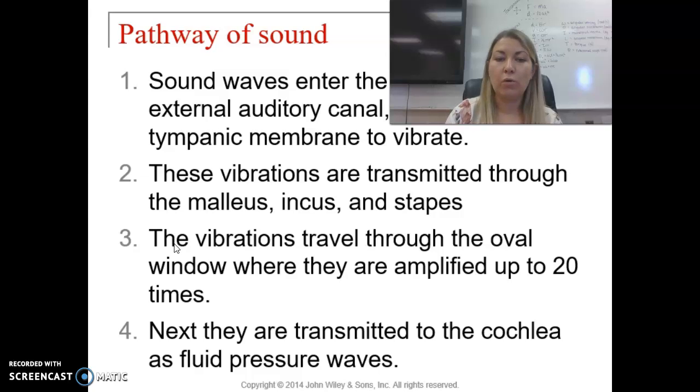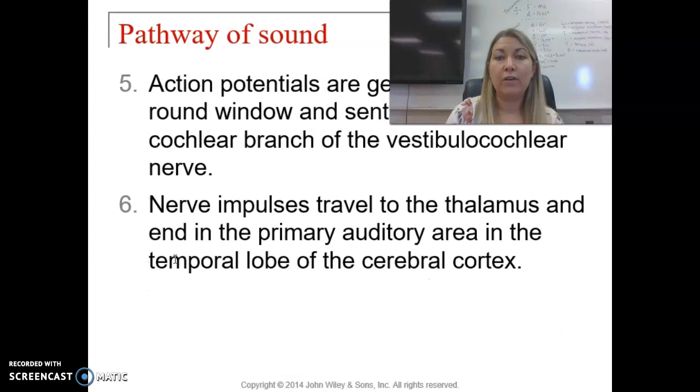They're transmitted through the cochlea via fluid pressure waves. So it's kind of like dropping a pebble in a pond. It causes those waves that ripple out. That's how the cochlea works. The stapes makes vibrations at the beginning, and then it's transmitted through the spirals of the cochlea until it eventually